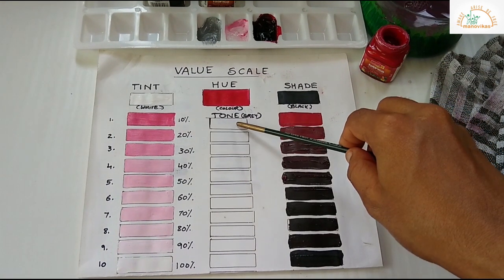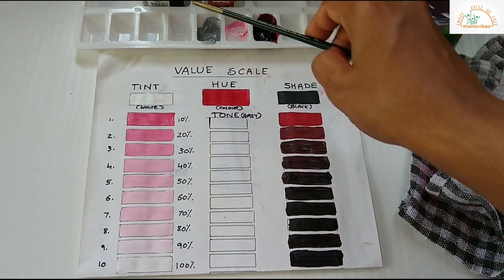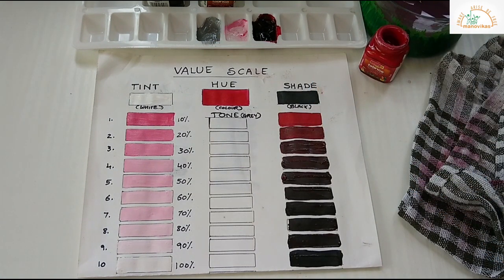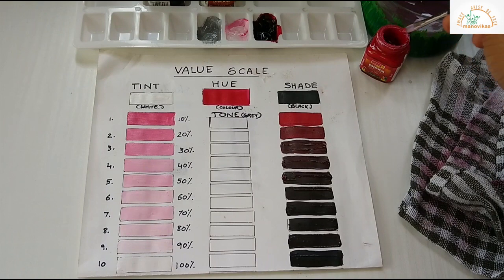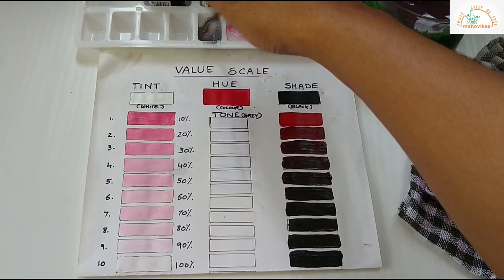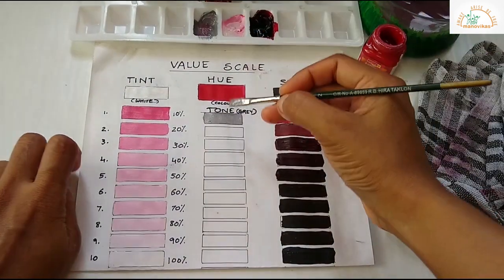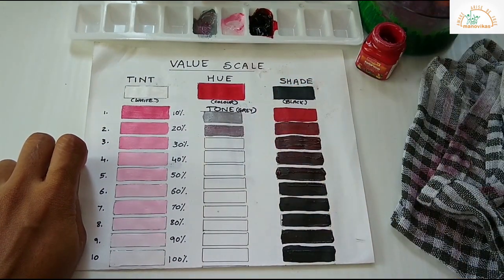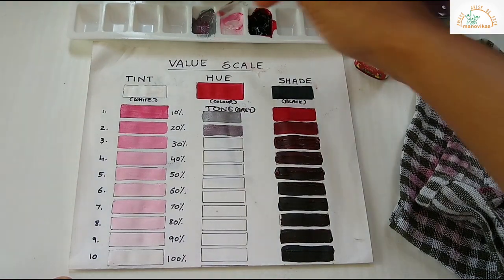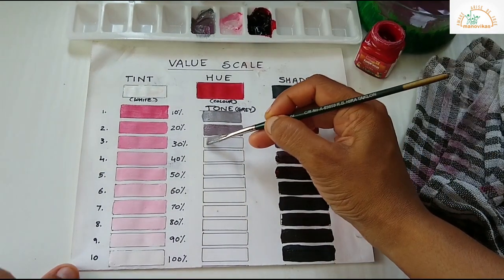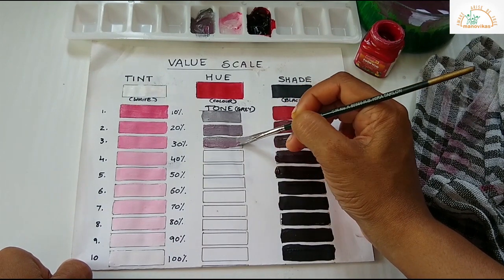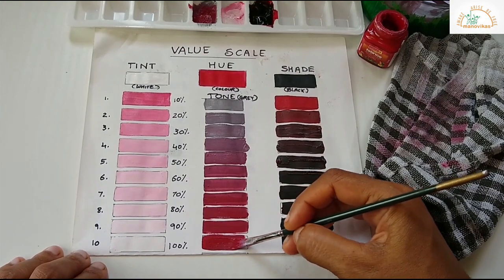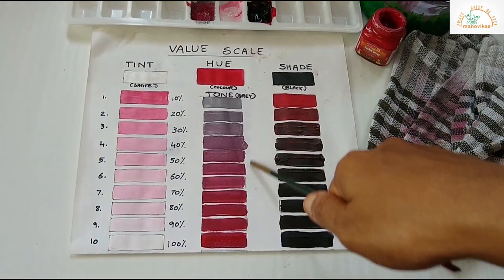A tone is produced either by mixing a color with grey or by both tinting and shading. So in my palette I have taken grey color by mixing black and white. Now in that grey you are going to add a drop of red and start with the first column of tones. Repeat the process by adding a drop of red to it. So finally we end up with tints, shades and tones.